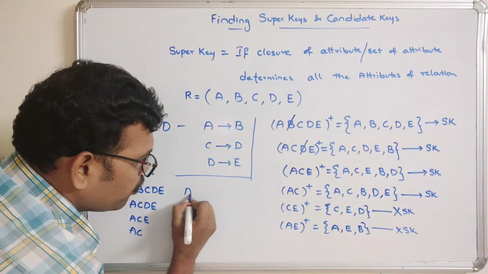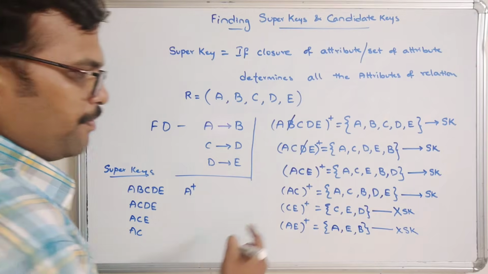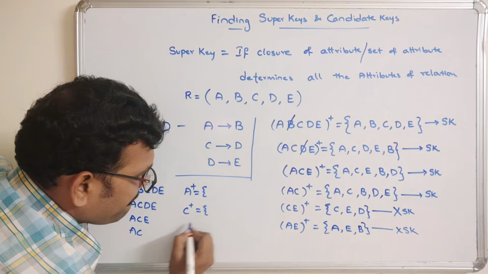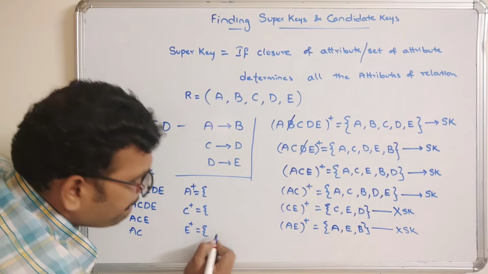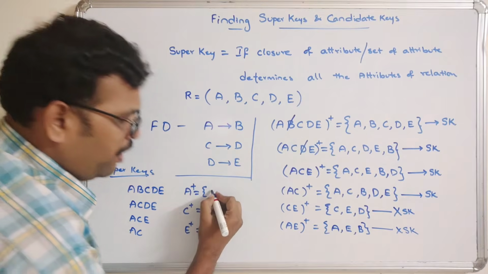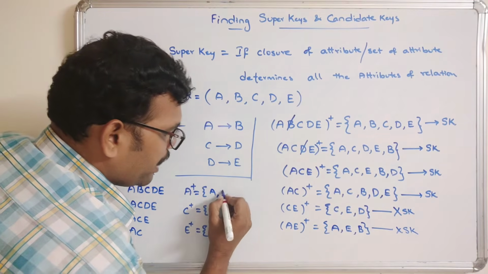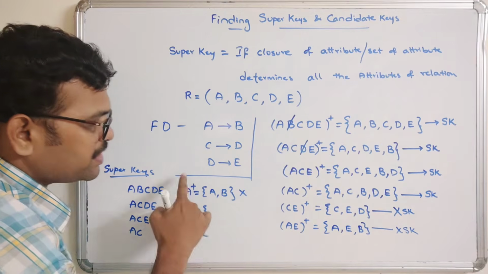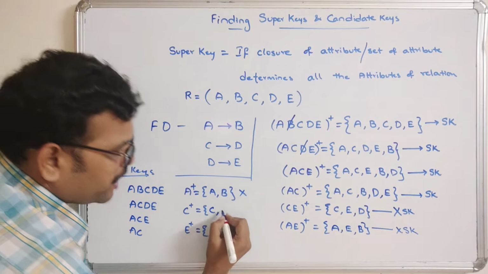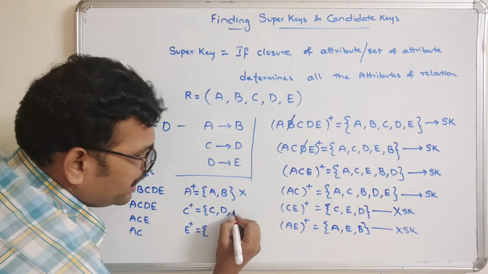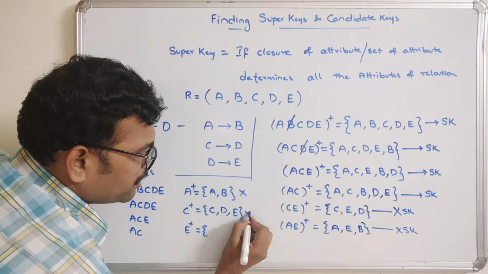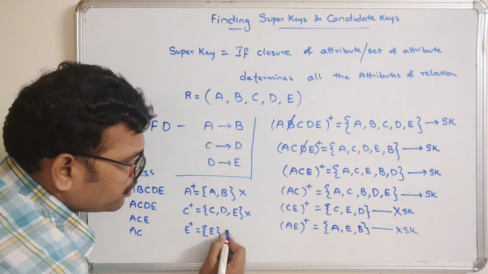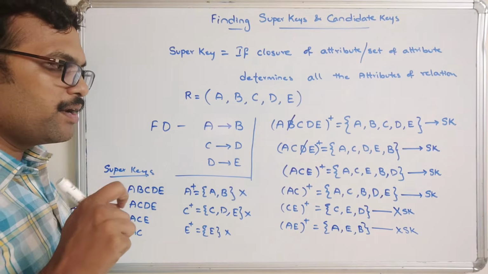Now we have to write down the closure of A, C, E. A closure: if you know A, we can determine A. If you know A, we can get B. No other attribute can be determined, so this is not a super key. If you know C, we get C. If you know C, we can get D. If you know D, we can get E. No other attribute can be determined, so this is also not a super key. If you know E, we can only get E. So this is also not a super key. Now we can decide that